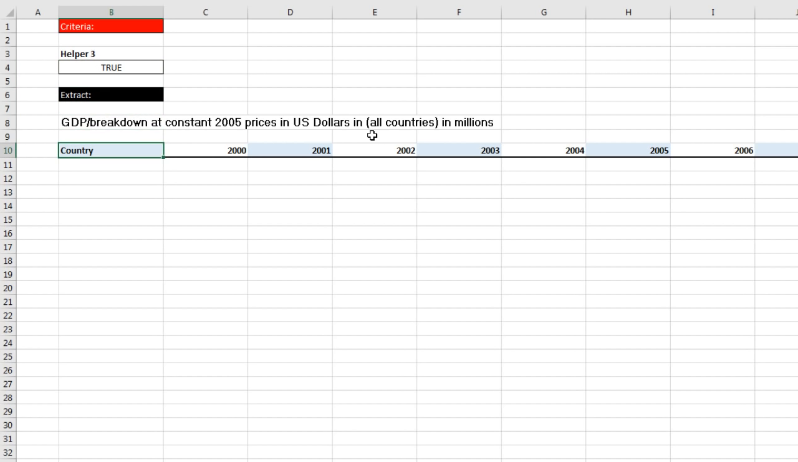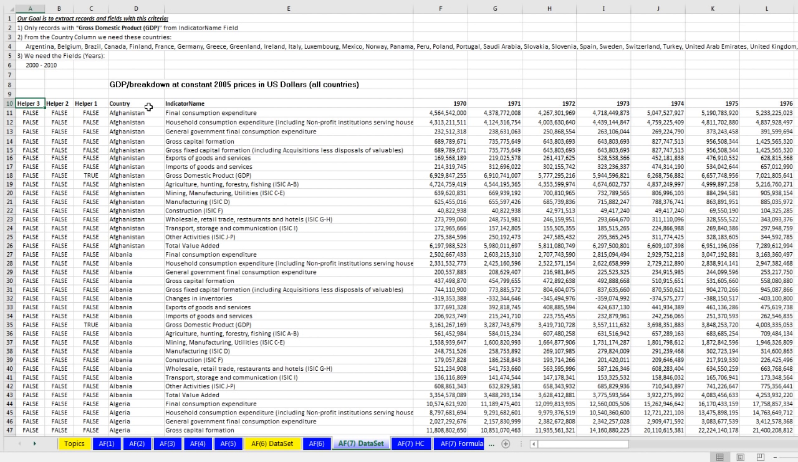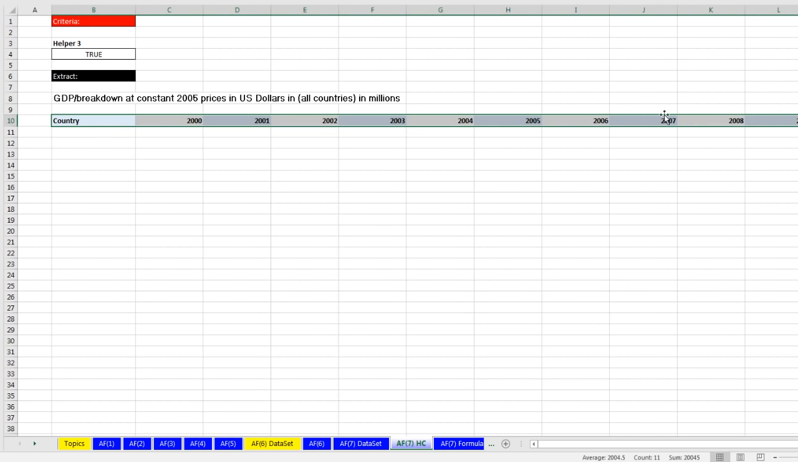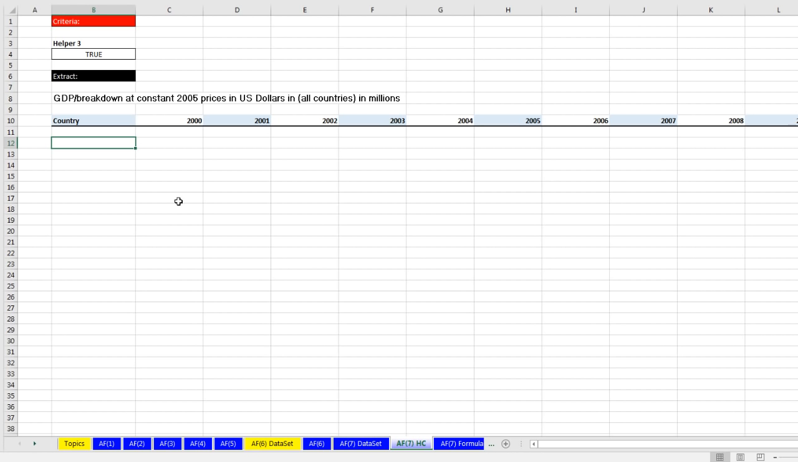And watch this. We're going to need country, right? So back over here, we're going to need the actual column country, and then those years further over. So when I click on AF7HC, there it is. This will be the criteria for which columns to extract. Now this is on a different sheet. I'm going to click in an empty cell,